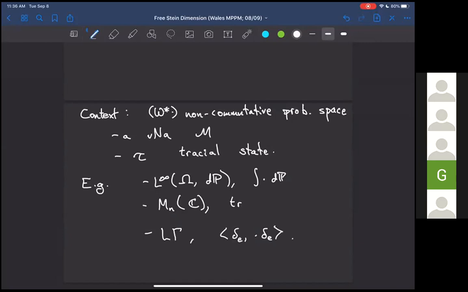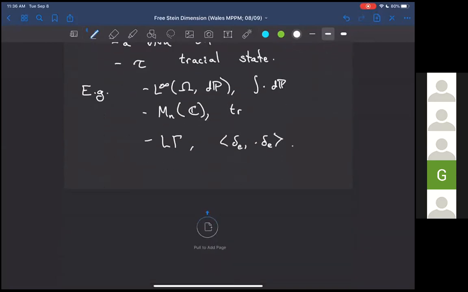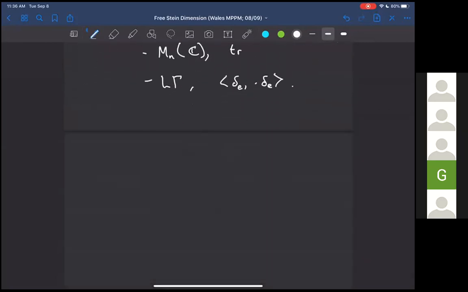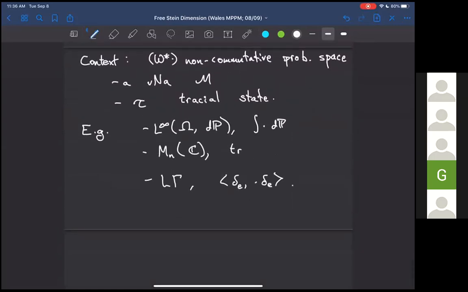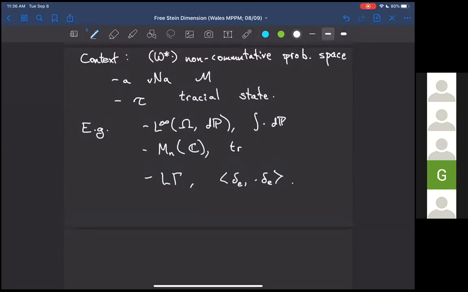Okay. And so it becomes useful a lot of the time in free probability theory to think about the elements of these operator algebras as being some sort of non-commutative random variable. And that's the setup we're going to be working in. So we'll always have fixed some tuple X, say X1 through Xn, of self-adjoint elements of M.